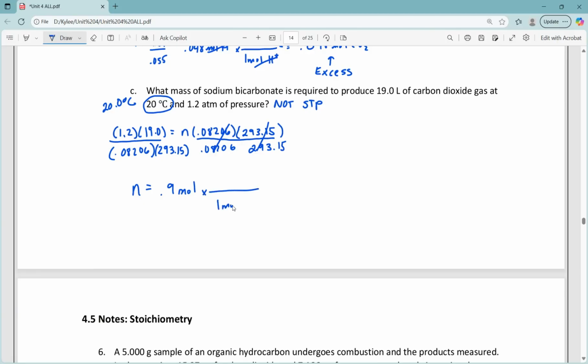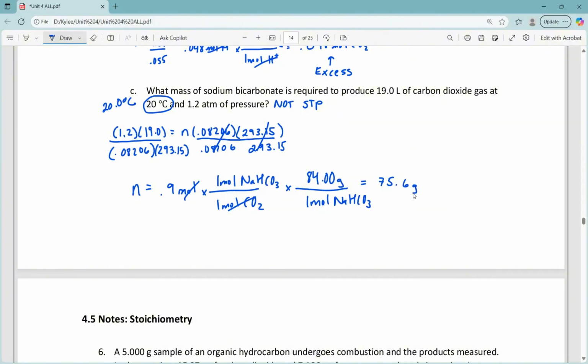It is 1 mole. I'm not going to go back up to the balanced equation. 1 mole of CO2 to 1 mole of sodium bicarbonate. And then they want me to get this to grams. So 1 mole of sodium bicarbonate is going to be equal to about 84 grams. So I need to take 0.9 times 84. Now my calculator gives me